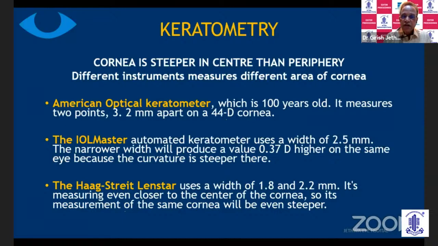Like the American Optical keratometer, which is very old, it measures 3.2 millimeter apart, and measures 44 diopter, whereas the IOL Master is 2.5 millimeter apart, which measures 0.70 diopter higher than the American Optical keratometer, whereas the Haag-Streit Lenstar measures a still smaller area, which is 1.8 to 2.2 millimeter, and it is still higher and shows a steeper cornea. So in short, different areas have different power, which should be kept in mind when we optimize the